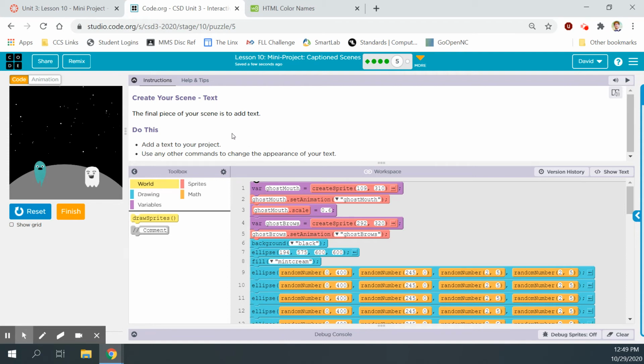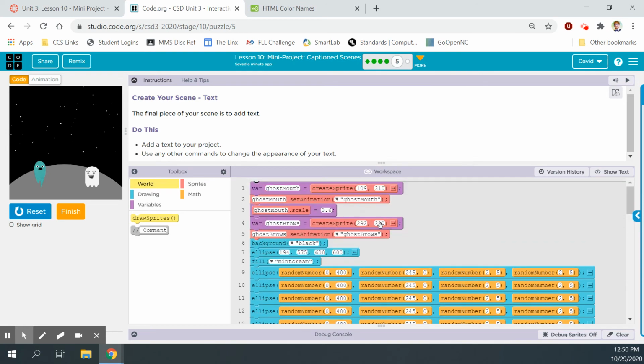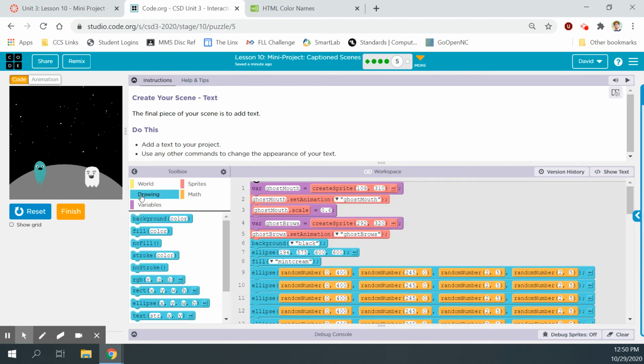And let's see, create your scene, text. The final piece of your scene is to add text. Do this. Add a text to your project. Use any other commands to change the appearance of your text. All right. So I'm going to put my text in here. So let's grab the text block